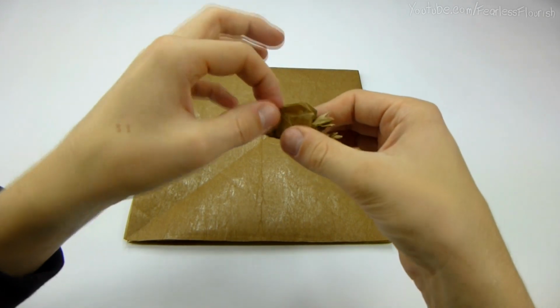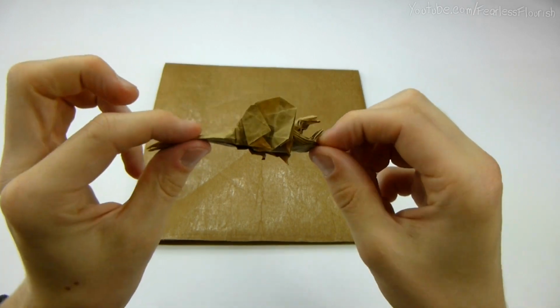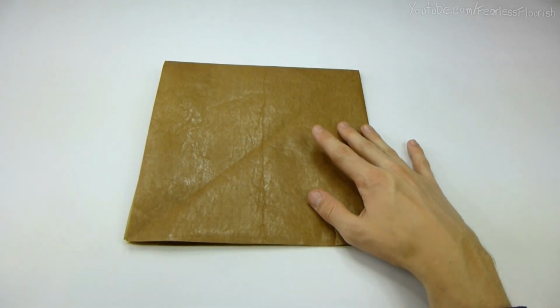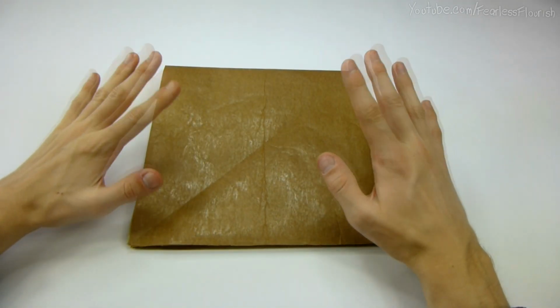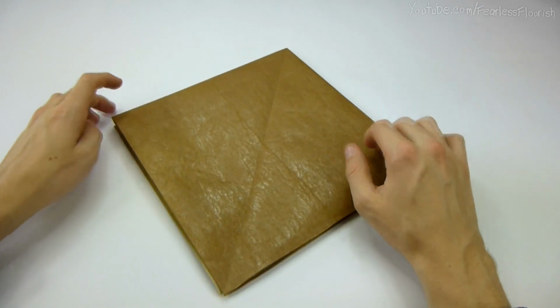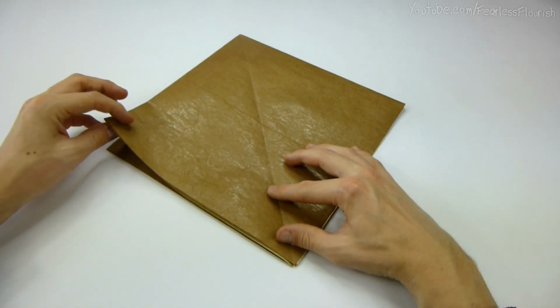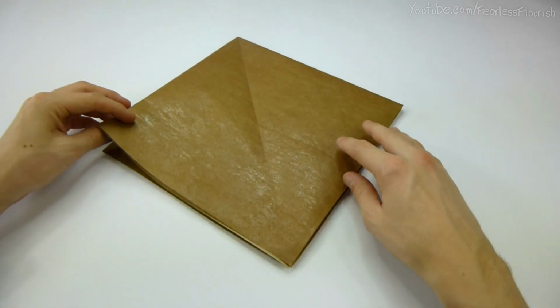But anyway, tell me what your thought is, how you think it looks. Anyway, so let's get started. So I should be able to do this video in one, no, let me start again. I know all the folding sequence, I managed to remember it all, so hopefully I can do this video without cutting or forgetting any steps. So anyway,